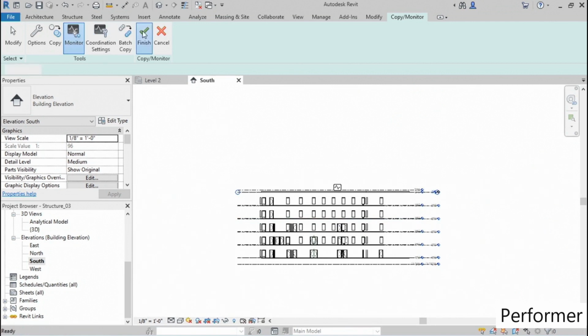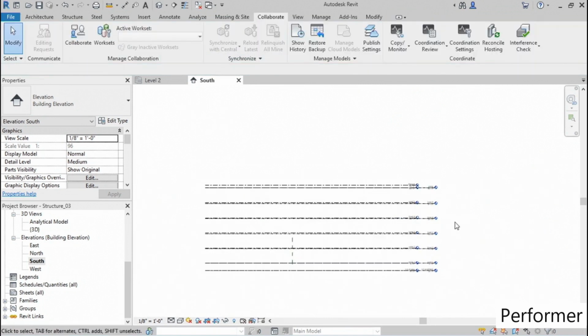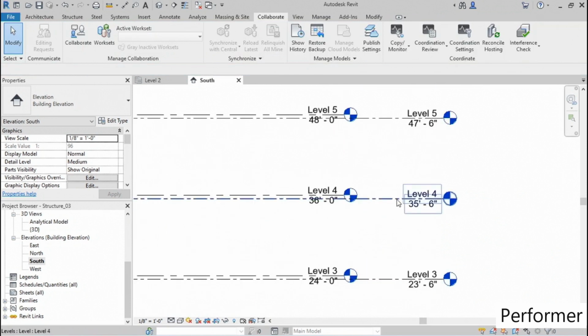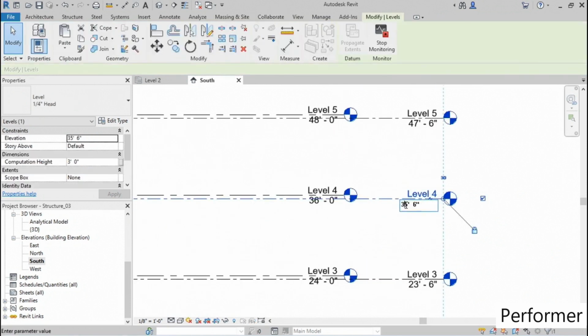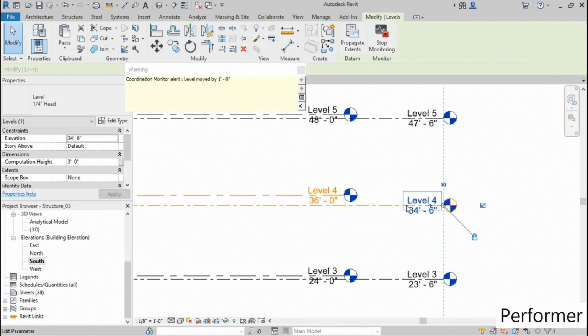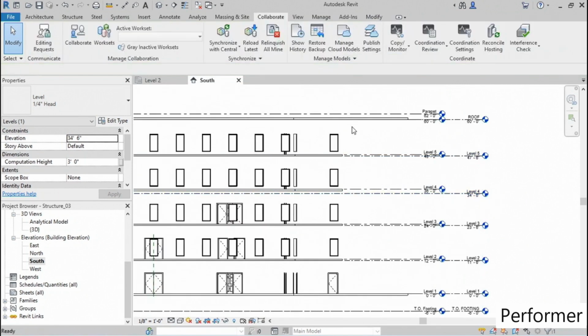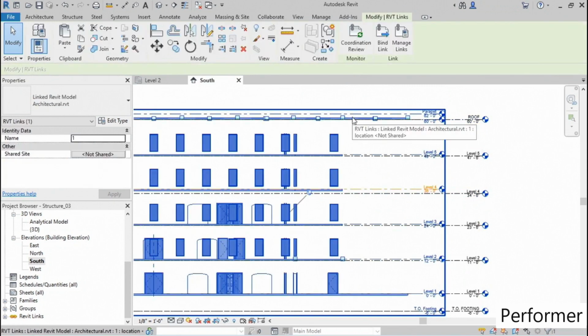Now click on Finish. That way we know that we are monitored. So if I was to change my level to, say, 34 feet and hit Enter, it lets us do it, but the coordination monitor alert level moved by 1 foot. If we close out of here, hit Escape a couple times, and if we select our link, notice that we